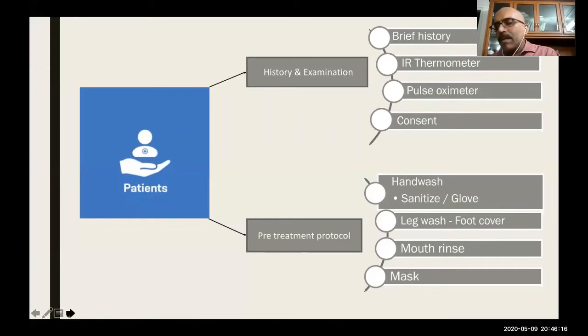Now, Faiz, I have a comment there. As far as the brief history is concerned, you had just mentioned that travel history is irrelevant. Yeah, at the moment. I have a slight difference of opinion. See, now we are getting so many non-resident Indians coming in, and not only that, inter-district travel is also permitted. Interstate travel is permitted. So in my practice, what I do is I request them to give a brief of their travel during the past 3 months. That is what I do.